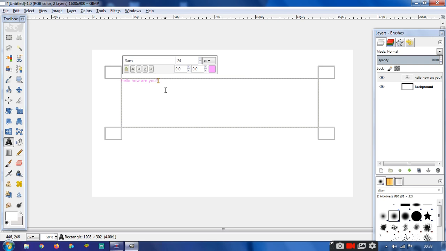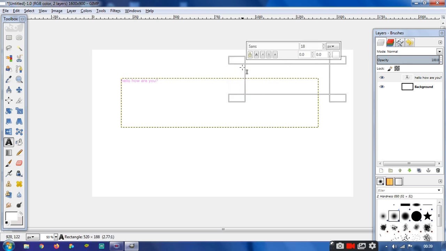So in this way we can write something, whatever we feel like. We can also increase the font size by clicking here. We can increase the size, or if we want we can decrease the size as well. And this way we can adjust. We can insert more text boxes as well. So in this video I have taught you how to change the background color and how to add text in